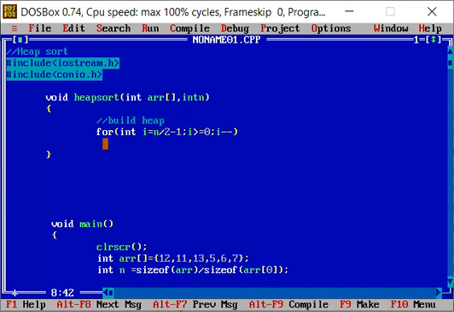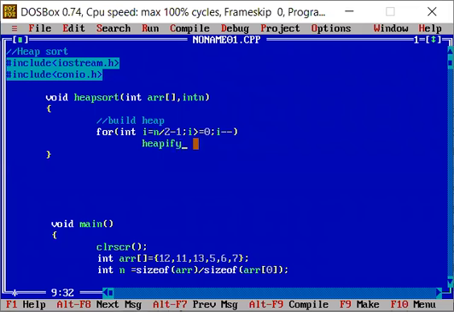Sorry. We are taking its floor value, that's why we have written minus 1. So that's what we are going to do. So now inside this for loop, we are going to call another function that is called heapify.